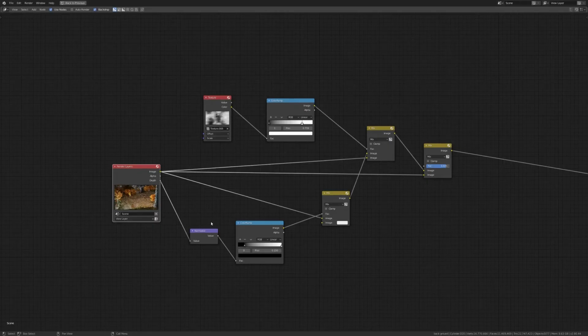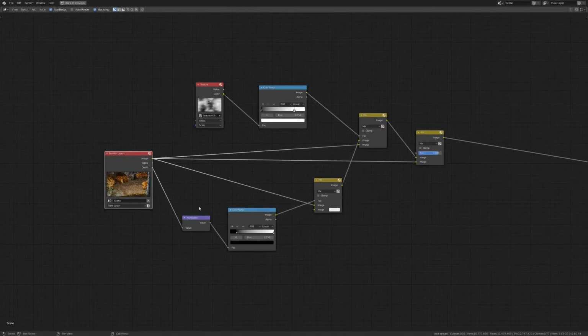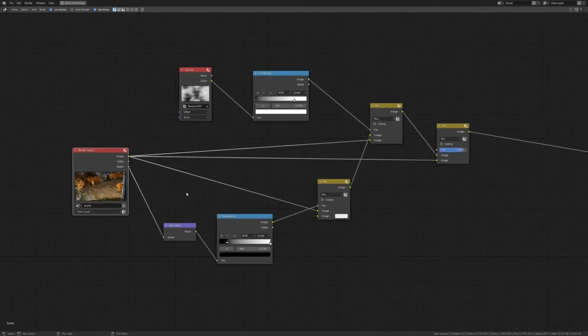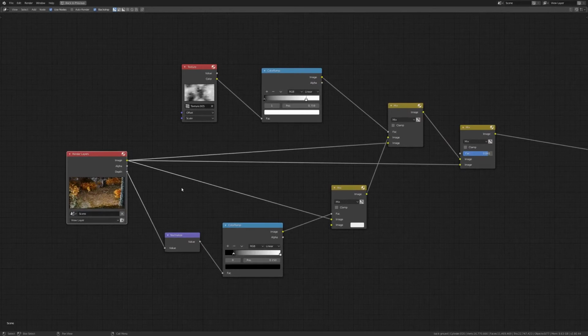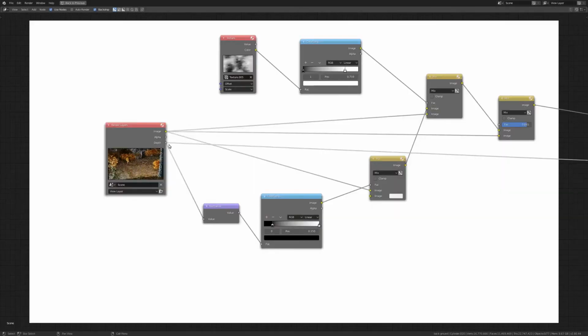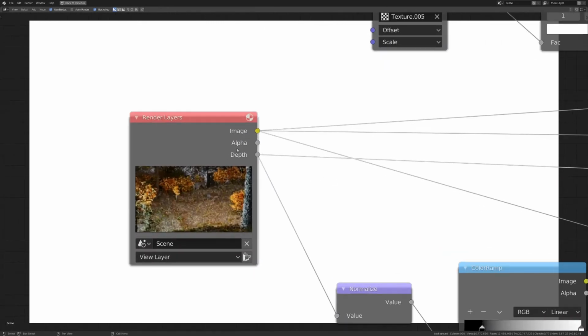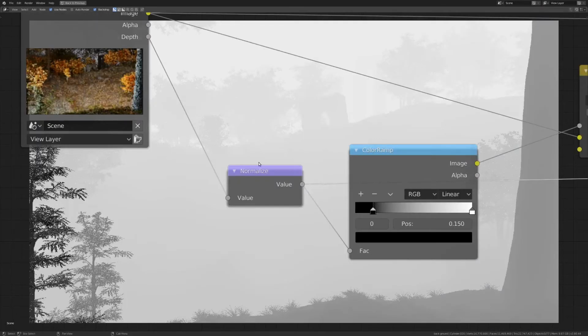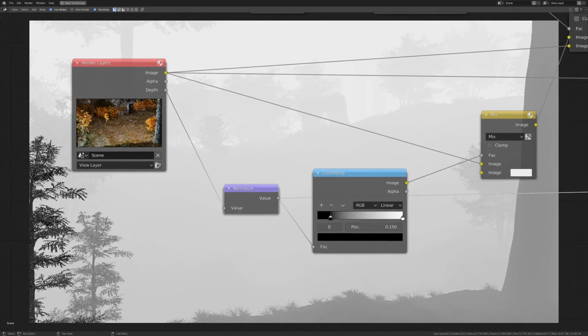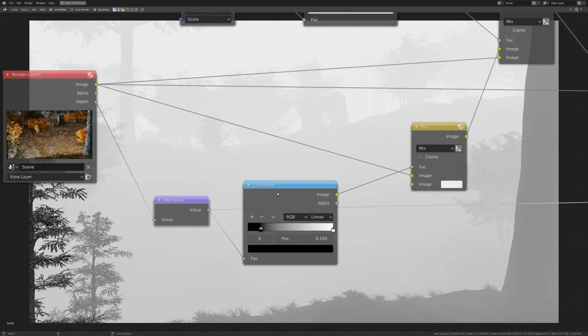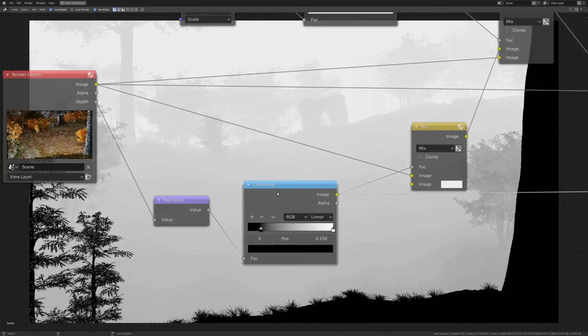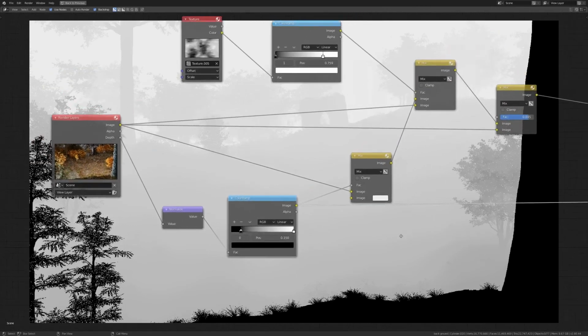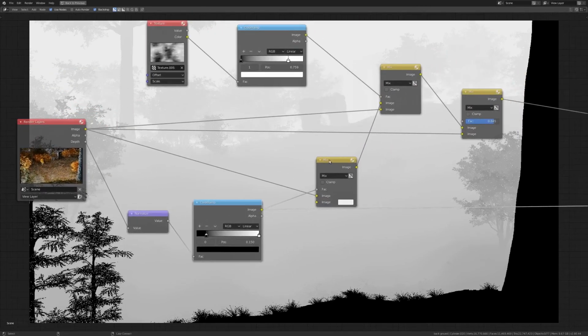So this is my secret recipe for mist. On this project, I just used some simple compositing mist. I know you can use volumetrics, but I decided to keep it pretty simple here. So I started with the depth output, put that into a normalize node, and then ran that through a color ramp just to crunch the values up a little bit and get the mist more in the background. Here I mixed it with the original render,